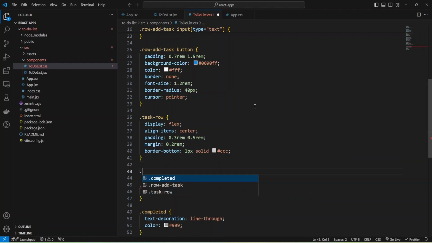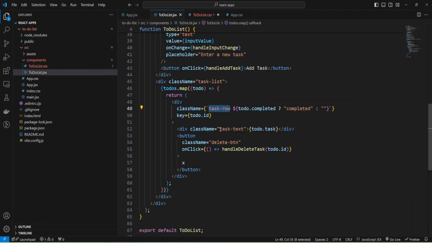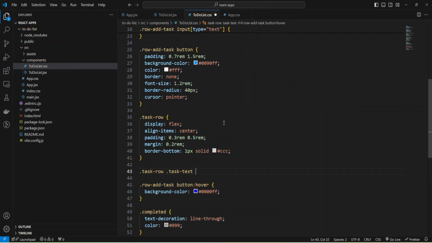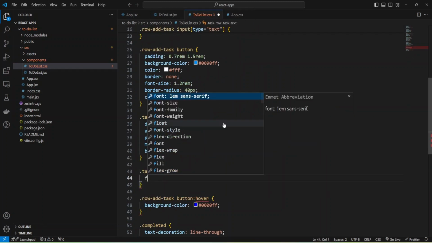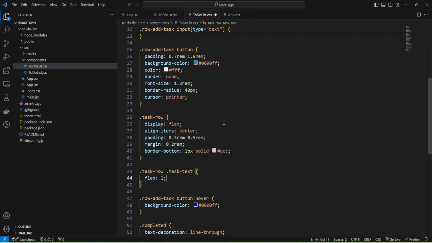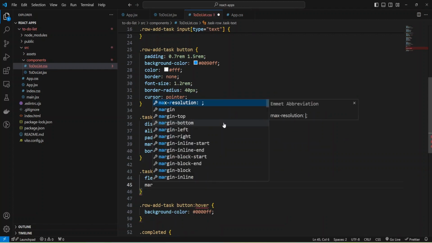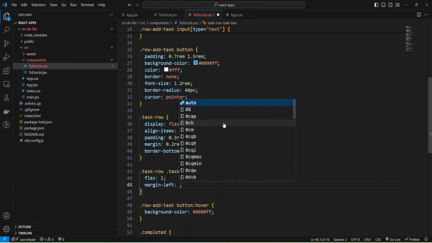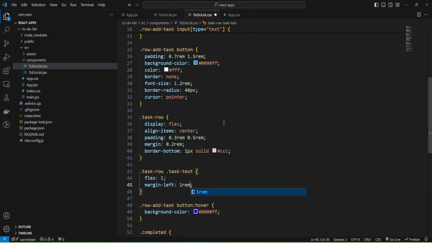And now we can add styles for our text. It will be task row, and we have our task text inside our task row. And I will place flex 1 to take all available space, and button and other elements will take its own space, and add some margin left to 1 rem.